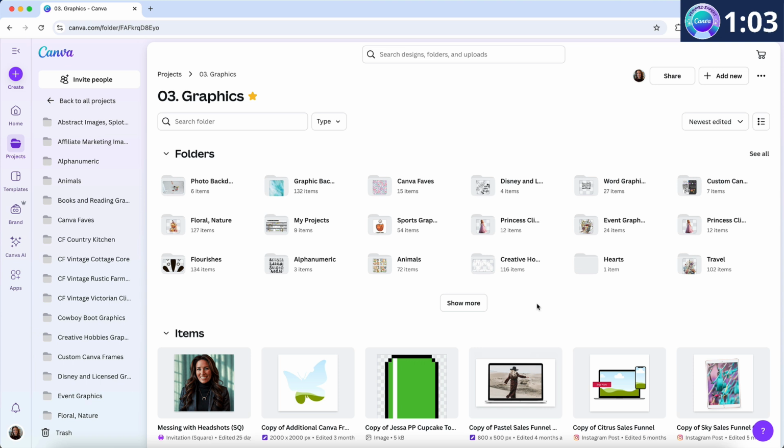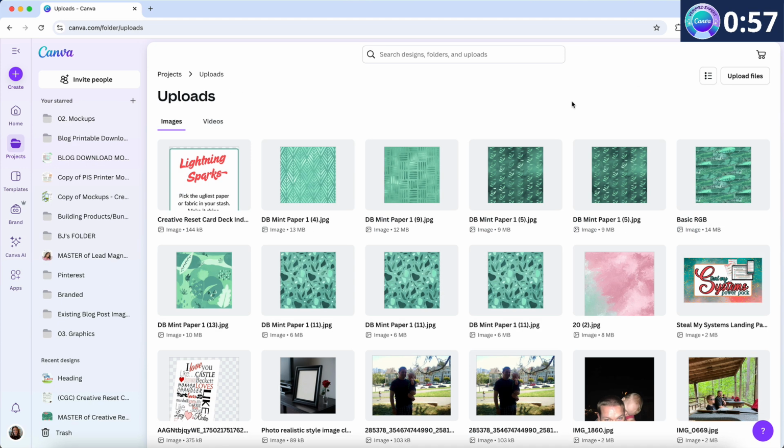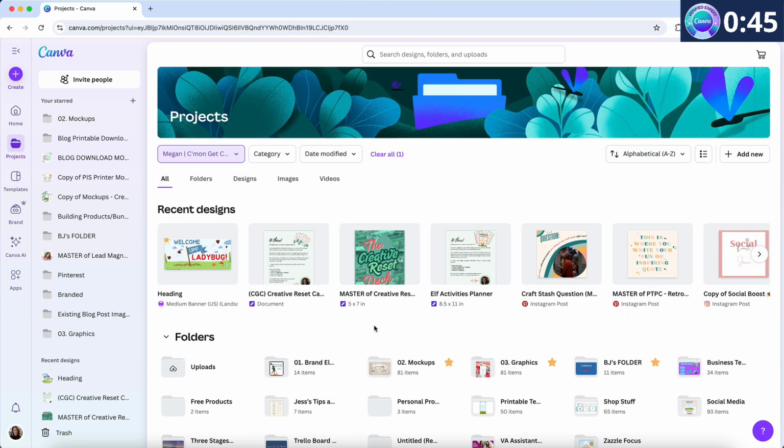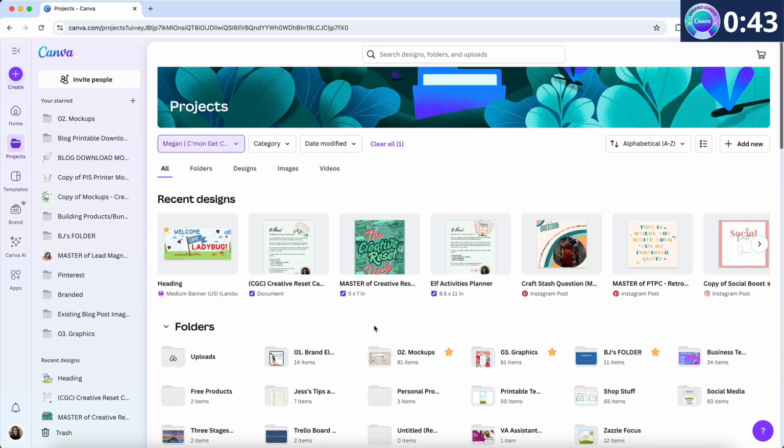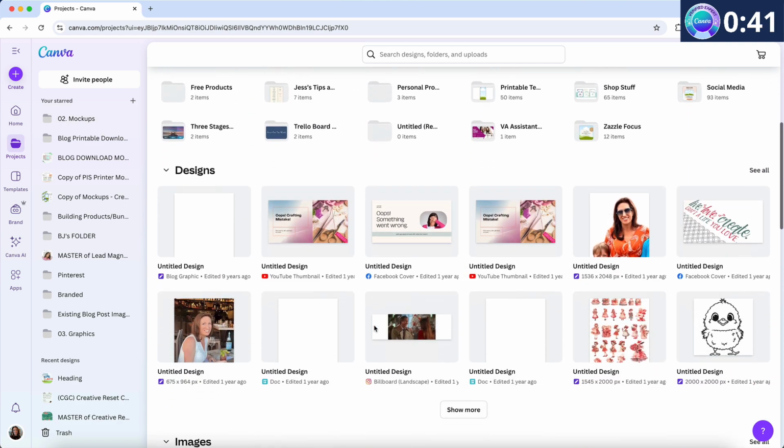Whenever possible, you want to upload images directly into the appropriate folder rather than letting them collect in the default upload section. That small habit shift can prevent overwhelm and make it much easier to stay on top of things long term. Megan may also want to do a one-time cleanup of old or one-off images that no longer serve a purpose. And then finally, in the projects area, I noticed that Megan has a lot of designs that haven't